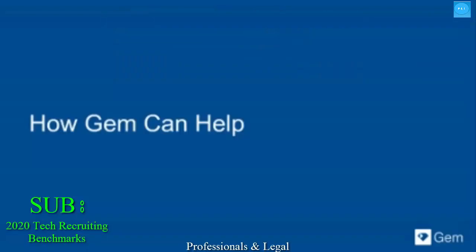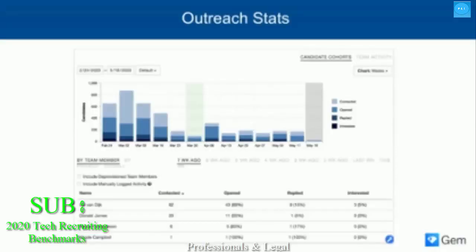I'd like to quickly highlight how GEM's metrics can help you understand your recruiting funnel and build strategies to move the needle. GEM's outreach stats lets you track how your outreach communications are faring. It gives you open rates, reply rates, and interested rates broken down by message content, talent pool, and even the recipient's gender to see how your messaging resonates with different populations over any given time period.